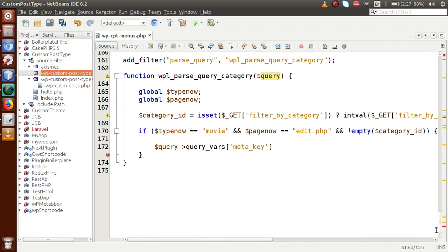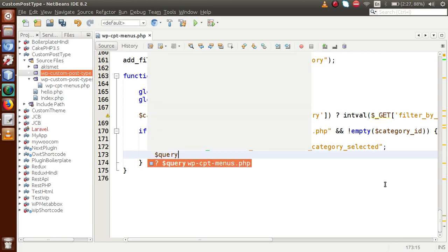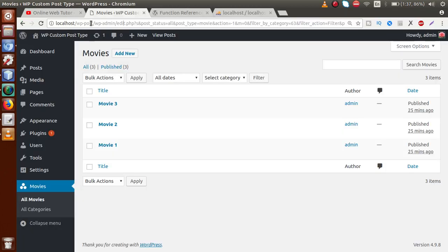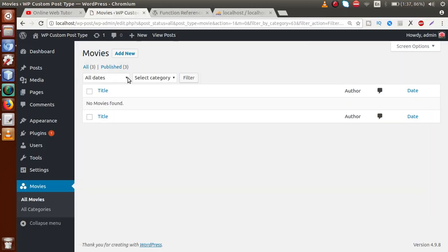Now inside this meta key we need to pass the meta key that we want to actually show. In the next parameter we need to pass the meta value, so that is query vars, and inside query vars we need to pass the meta value. This meta value should be an integer value, and this integer value contains the category ID. So I'm going to copy integer category ID and paste it right here. If I save this file, go to the browser and reload this page,